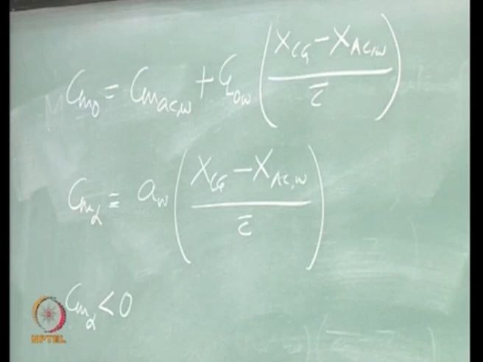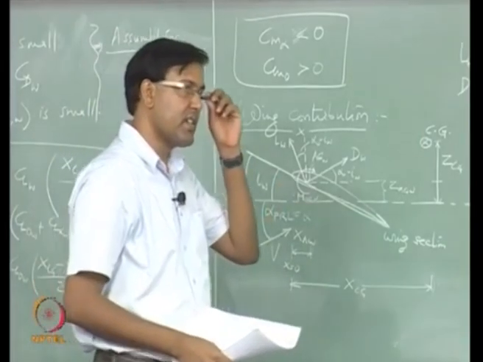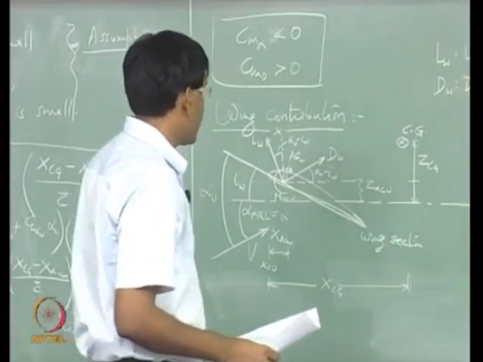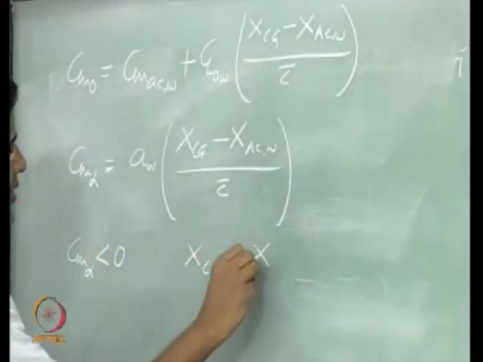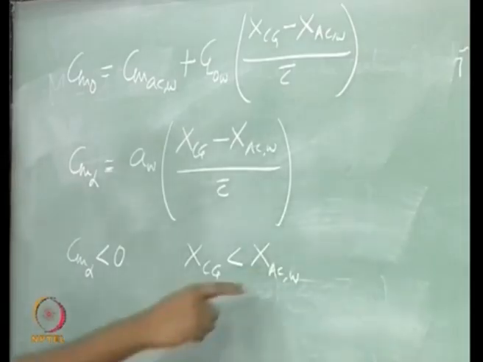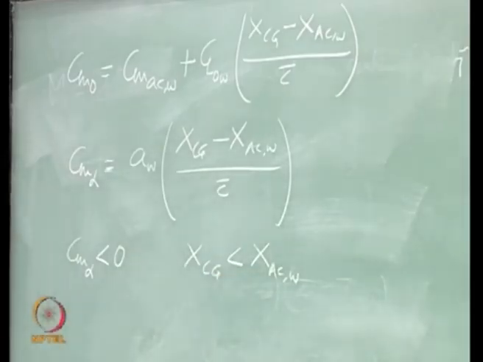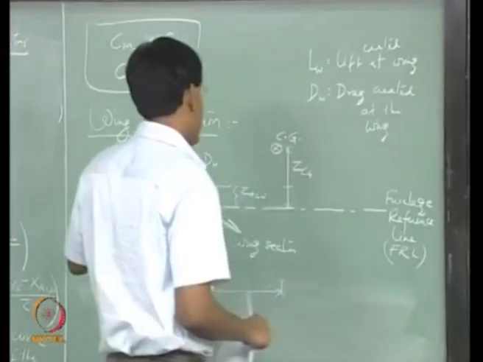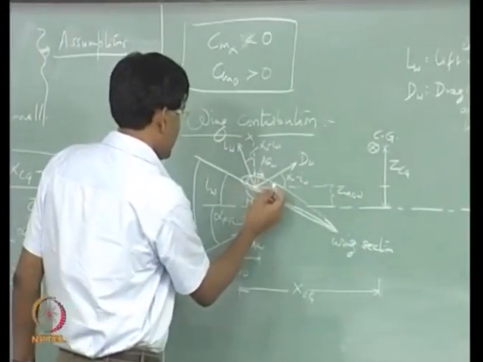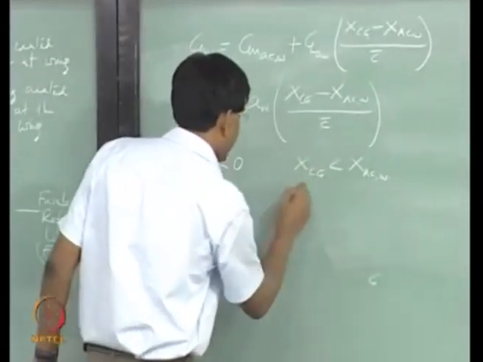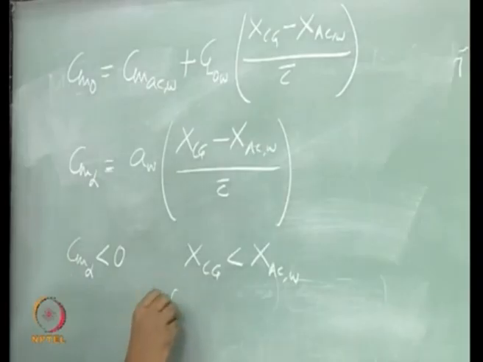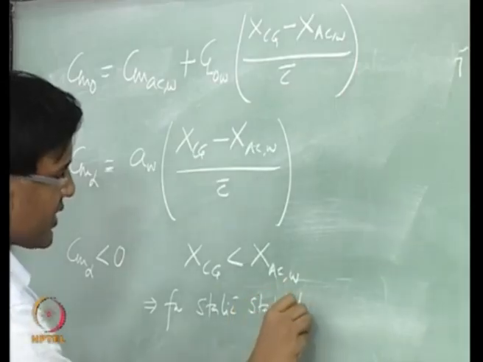for this kind of configuration where we have nothing else on the aircraft but the wing, x_CG must lie ahead of the x, the location of the aerodynamic center. So, CG must lie before the aerodynamic center for stability. So, what it says is for static stability